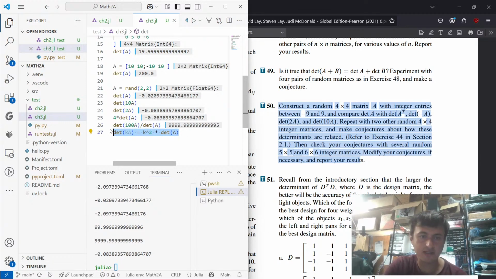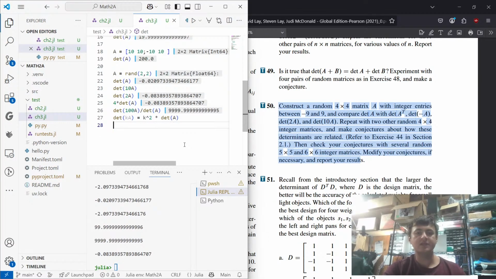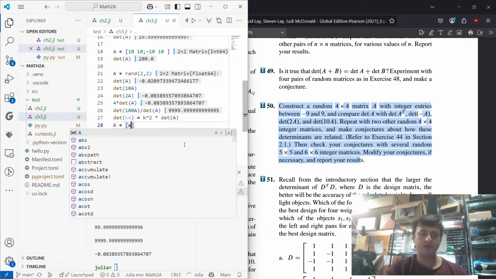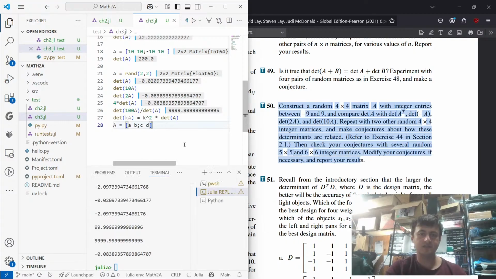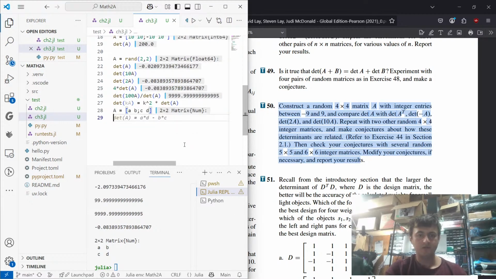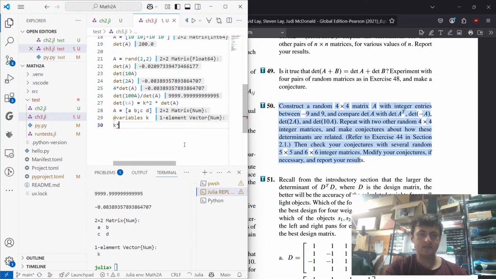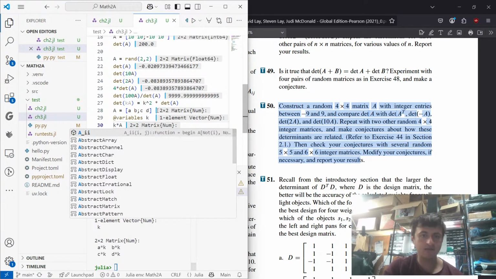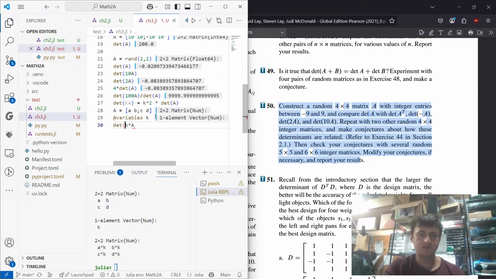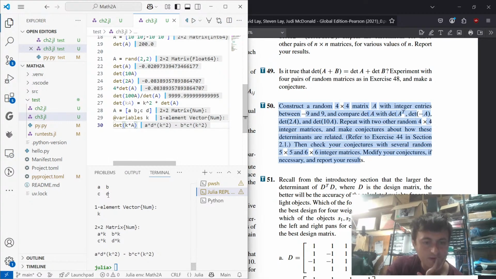That's so random. Okay, if we have just A is equal to A, B, C, D, and then we do K times A, then we take the det of this, we're going to get